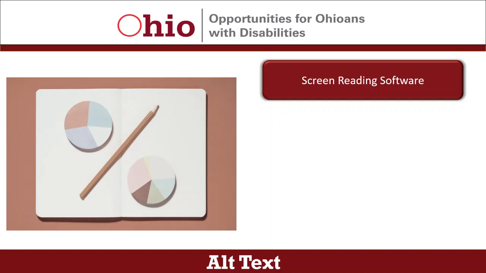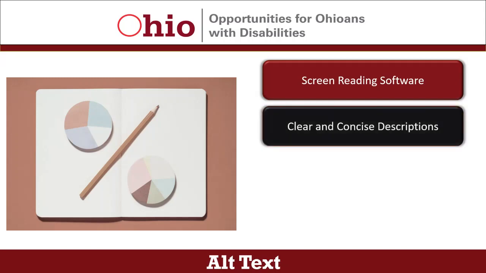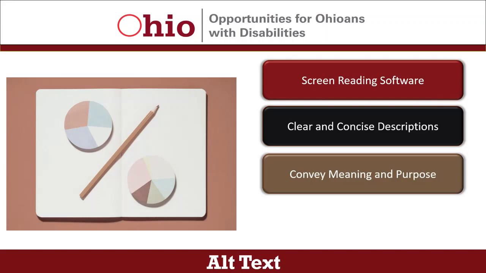There are resources available that share best practices and examples of alt text that employers could provide all employees. It's likely many employees create presentations and documents that include visual images, and so it's helpful to inform them of these best practices. This can help ensure individuals who use screen reading software can access the meaningful information the content conveys. Some tips include creating descriptions that are clear and concise, convey the meaning and purpose of the content, and that are generally no longer than a sentence or two.